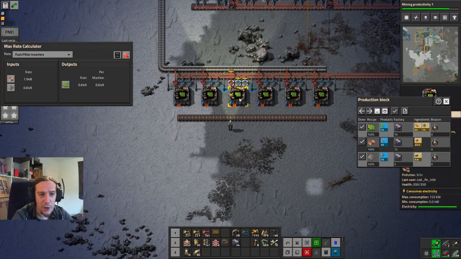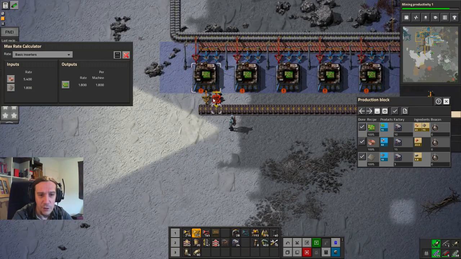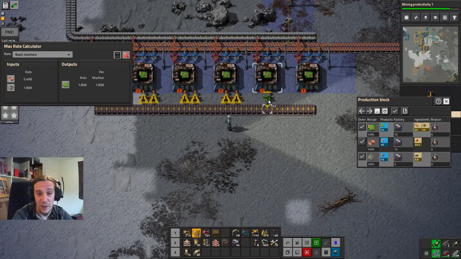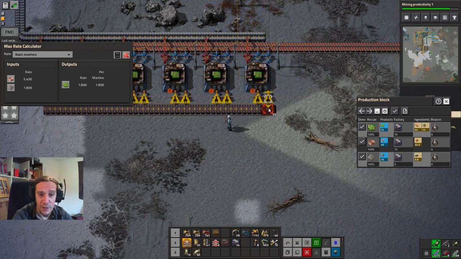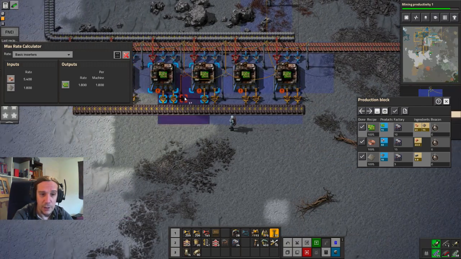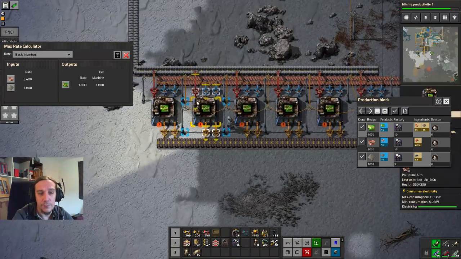So, for the output, is there 2 basic inserters per machine. Gee. I really need better inserter technology. I realized that. Okay. So...